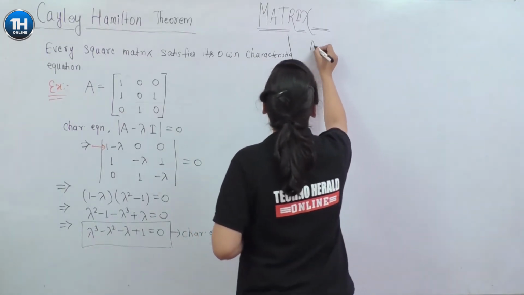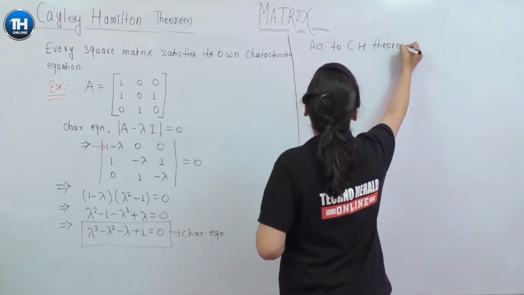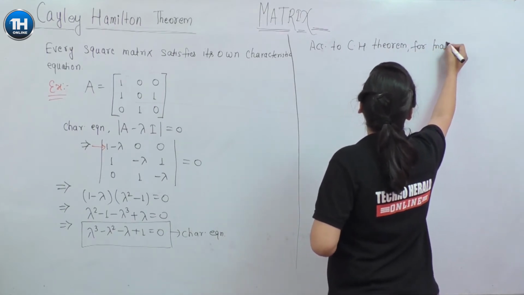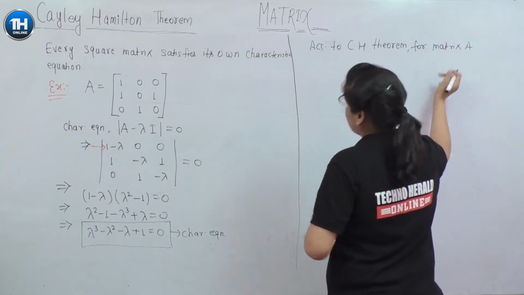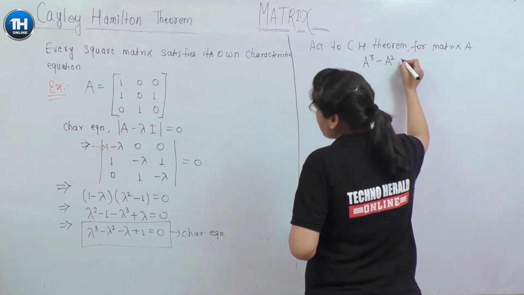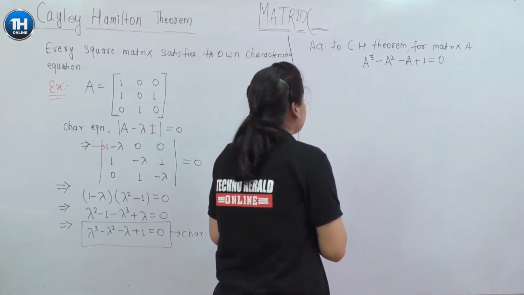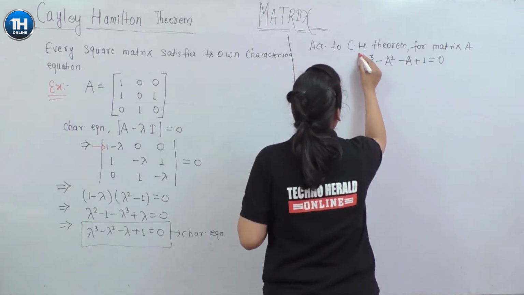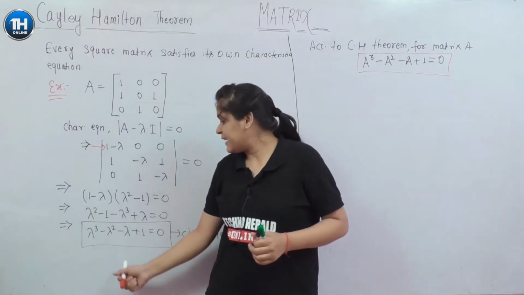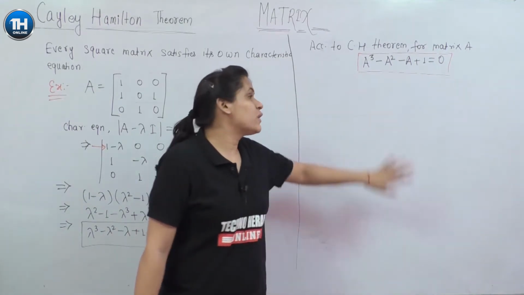So according to Cayley-Hamilton theorem, for the matrix A, A cube minus A square minus A plus 1 is equal to 0. This is what the Cayley-Hamilton theorem means: in the characteristic equation of any matrix, if you put A in place of lambda, the equation will be